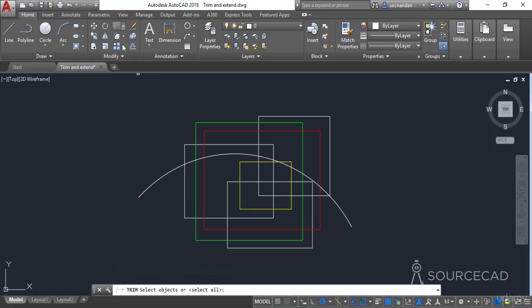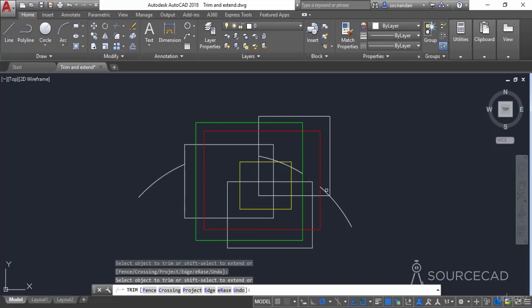So let's select the trim tool, press Enter, and now I'll click somewhere inside this geometry, on this part, and the part has been removed. Now let's click on this part, and on this part. Now if you click on this part, it won't be trimmed because there is no boundary after that. So we have this one as the last boundary. After that, we don't have any boundary. Now let's click on this part here,